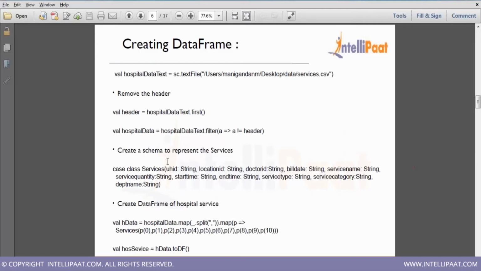What we are doing with the services then, case class services. Remove the header from this particular file. Hospital data text equals filter is not equals to header, right? Services